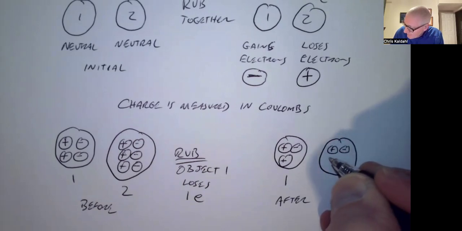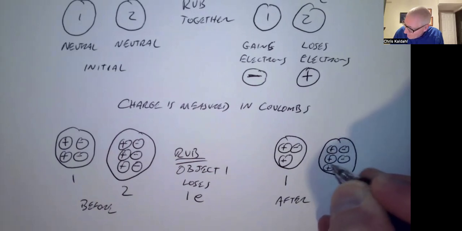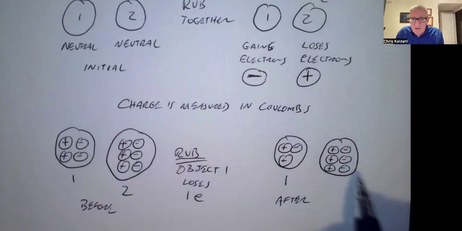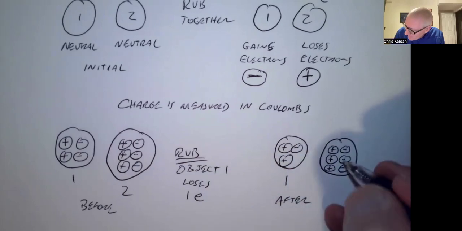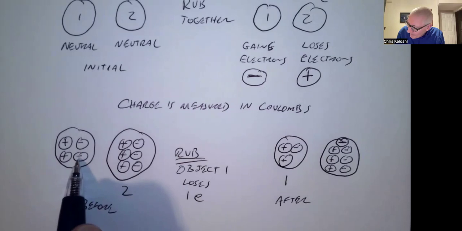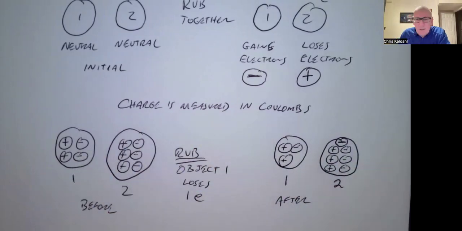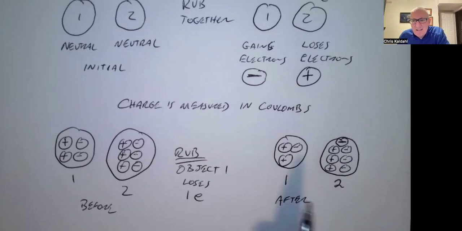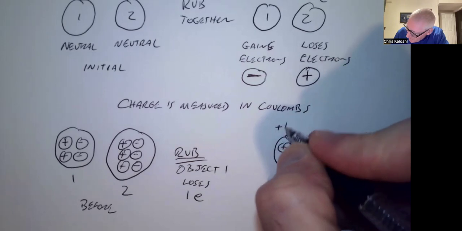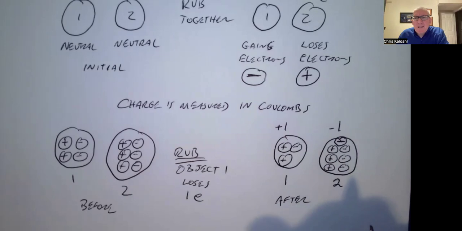Neutrons have no charge, so they're totally not interesting. And so I've got not only what I originally had, my 3 protons and my 3 electrons, but now I have to put a little negative charge in here because it gained the 1 electron off of object 1. So this is object 2. So if I had to say, all right, what is the charge on this? This is now going to be +1, and this is going to be -1,